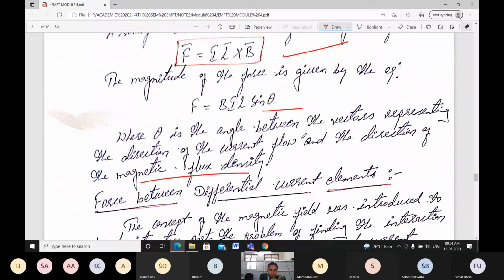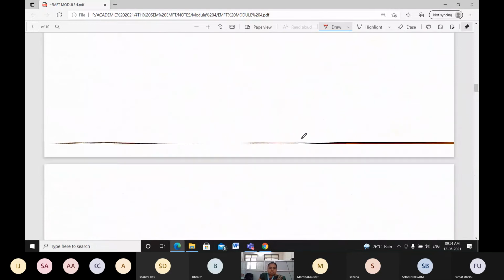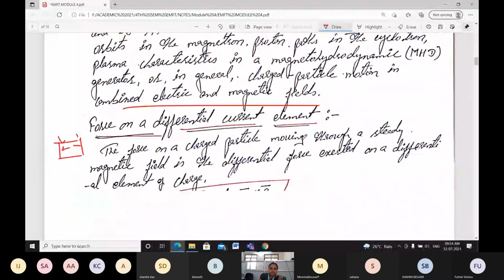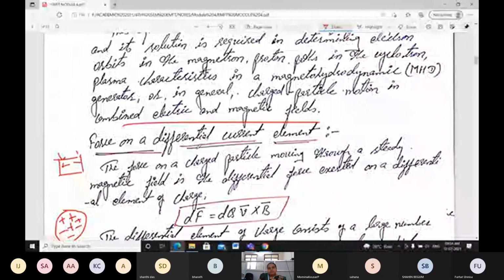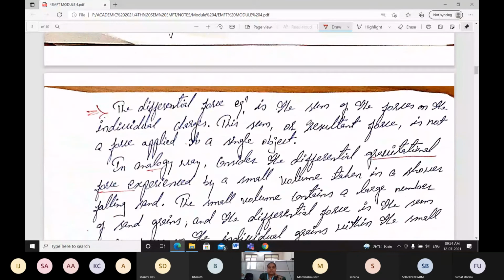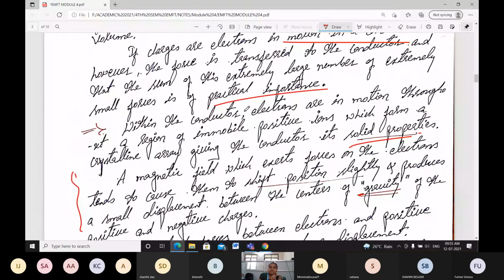Observe that in this topic we have taken different parts. First, we defined the differential force, then how the volume charge is taken, how the charges move, and what the individual force exhibits in terms of discrete values and also in an analog way. Then we took the example of a conductor, how it exhibits the force, and how the alignment of the electrons or ions happens.